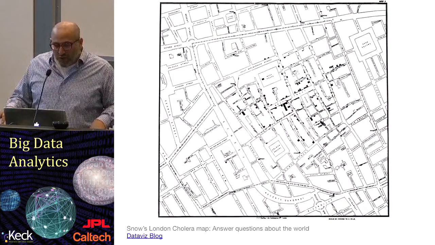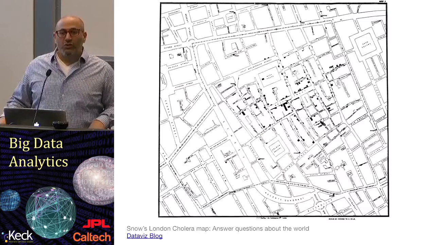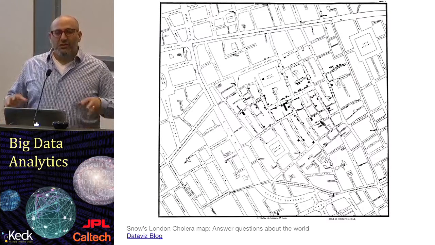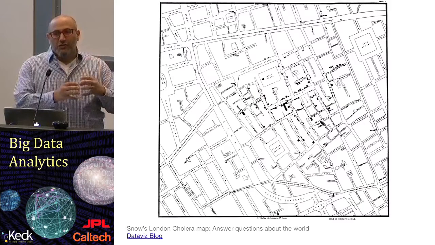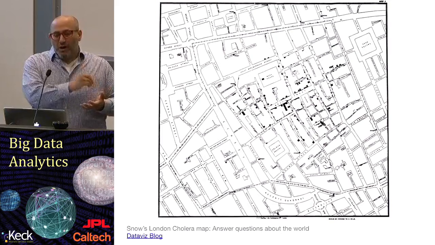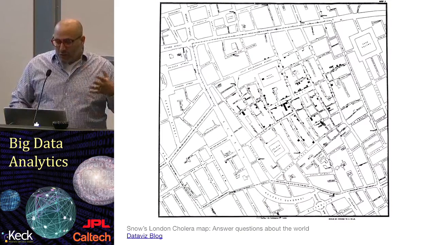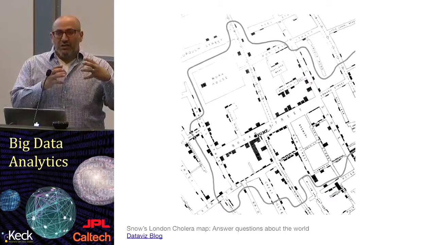At this time, a physician was trying to understand what caused the outbreak and had this incredible insight: what if we took all of the locations where each of the victims were identified and plotted them on a map? No one had done this before, and as you start to see,